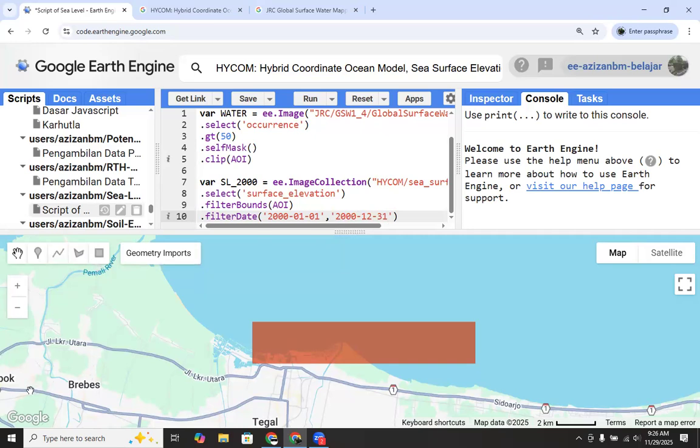So this is the start date, and this is the end date of the year 2000.